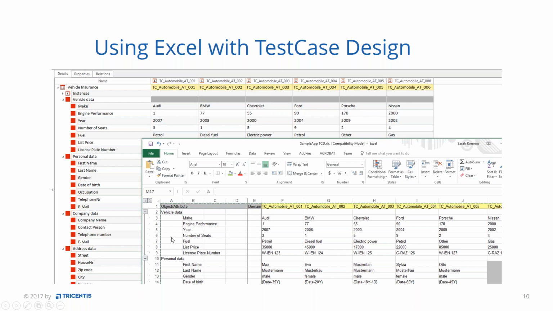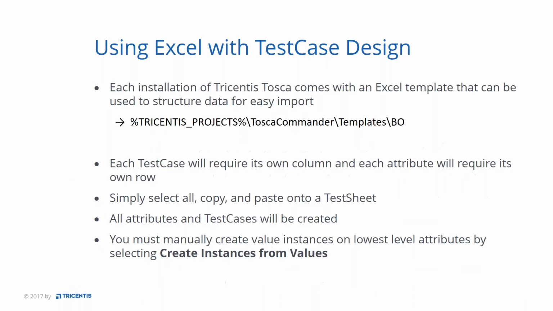This template here, so the structure for my Excel sheet, actually is provided with every download of Tosca. Okay, so every download of Tosca has this path. So you go to the Tricentis projects folder, and then the Tosca Commander folder template